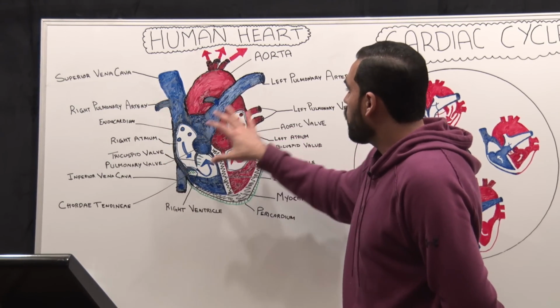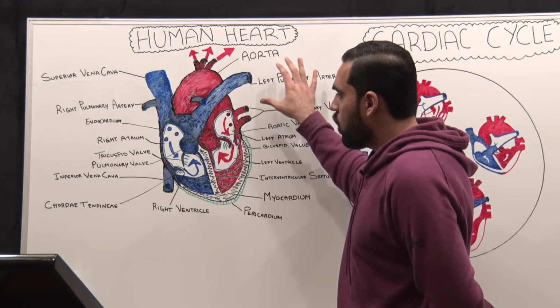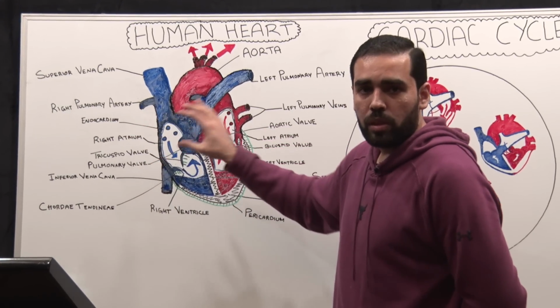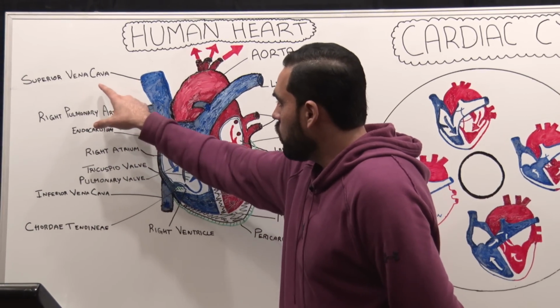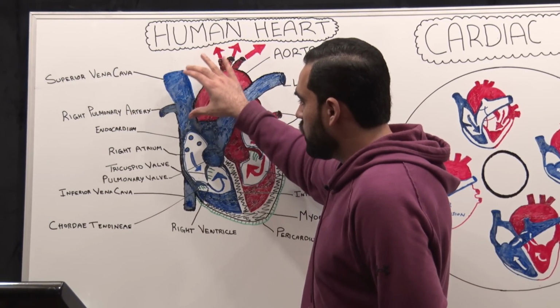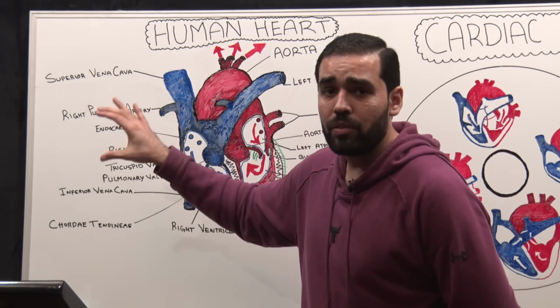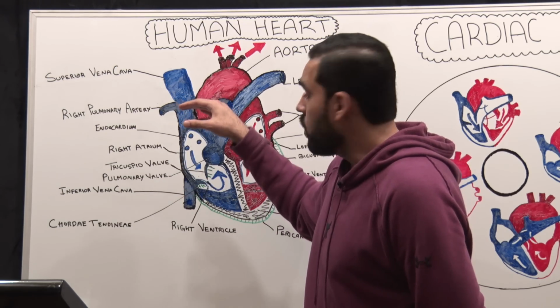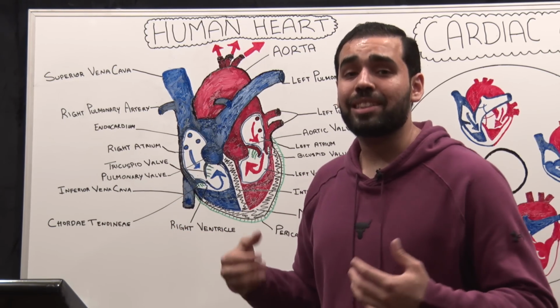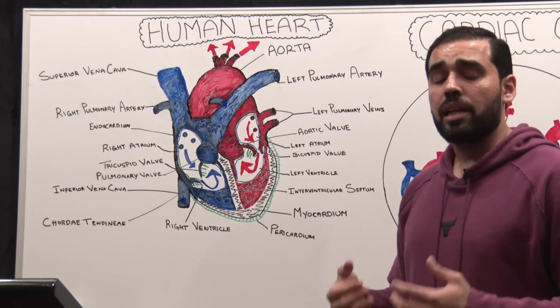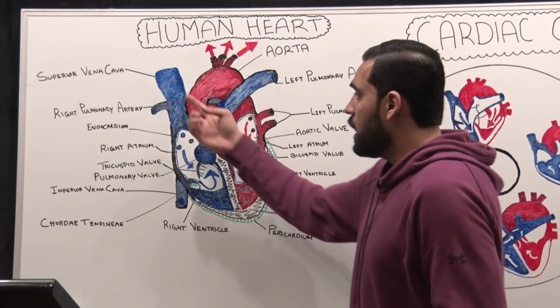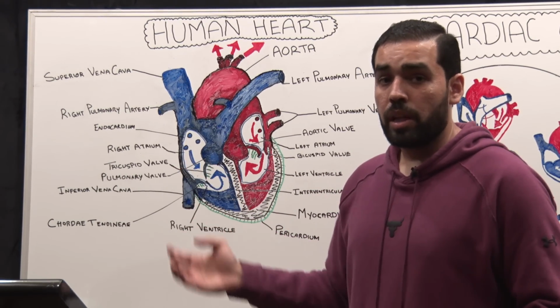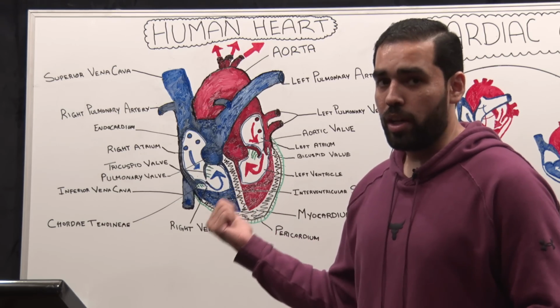I'm just going to briefly overview all the diagram, all the labels that I've done, and then we'll go into further detail. You know that the vena cava present on the right side of the heart is primarily responsible for draining the blood that is coming to the right side of the heart. Now this is the deoxygenated blood, which means that it is poor in oxygen, and that is why it's traditionally drawn in blue, even though the blood is still red, but we just draw it in blue.